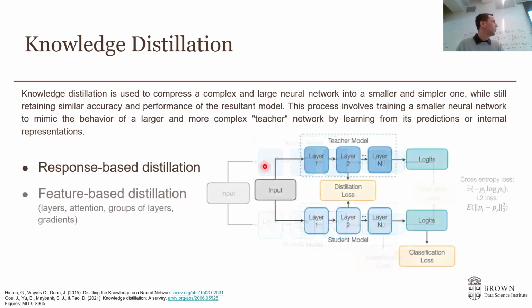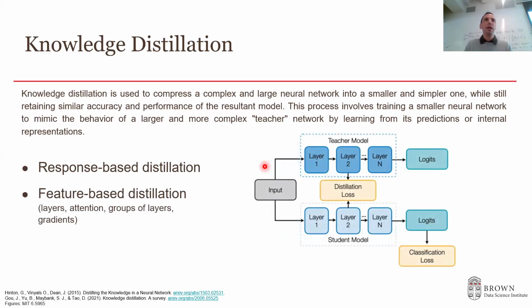The second option we can do is feature-based distillation. Here we need to understand the internals of the teacher model. It's no longer a black box. What we try to match with the distillation loss is components within the network, for example, layer by layer. We can match the first layer output to be the same or similar to the first layer output of the student model, the second layer output of the teacher model to be similar to the second, and so on. The assumption here is that if we give those signals in the loss, it will be easier for the student to learn rather than just see the end response, right?